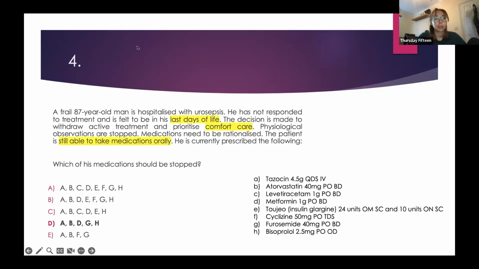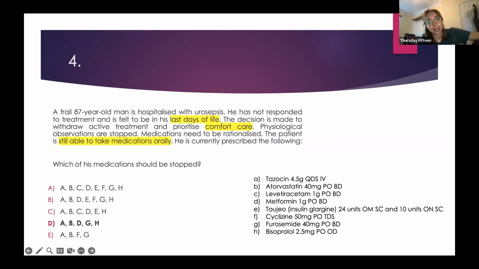So if we go through A, B, C, D, A is just like all of the meds. So A is saying we should stop all of this man's medications, which would probably be an inappropriate thing to do, given that he's on an antiepileptic, and one of them is an antiemetic. And antiemetics are part of the kind of anticipatory classic end of life meds. So there's no need to stop some of these meds. So A is incorrect. B is more correct than A, because at least in this one we're saying we'll continue C, the levetiracetam.